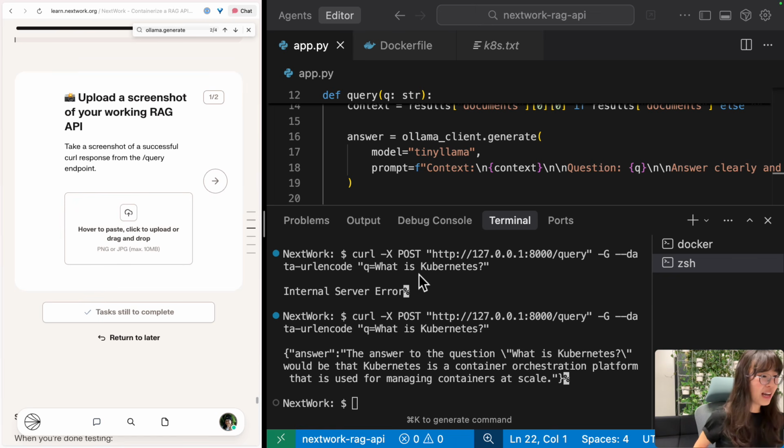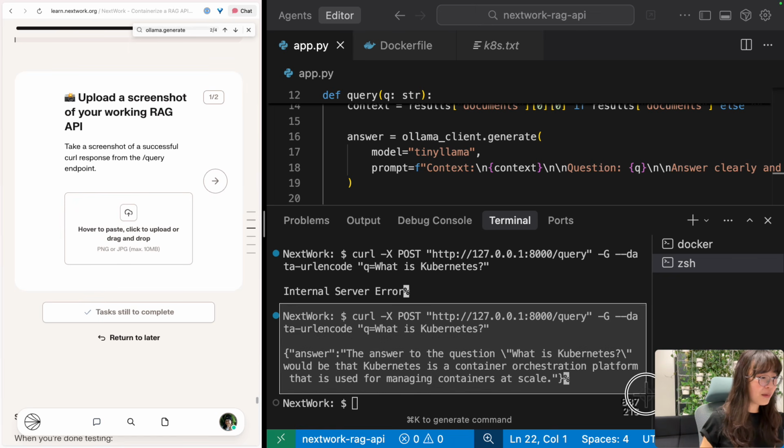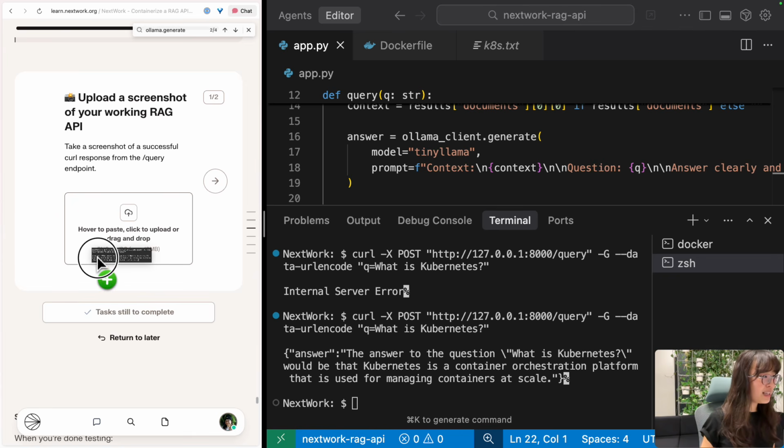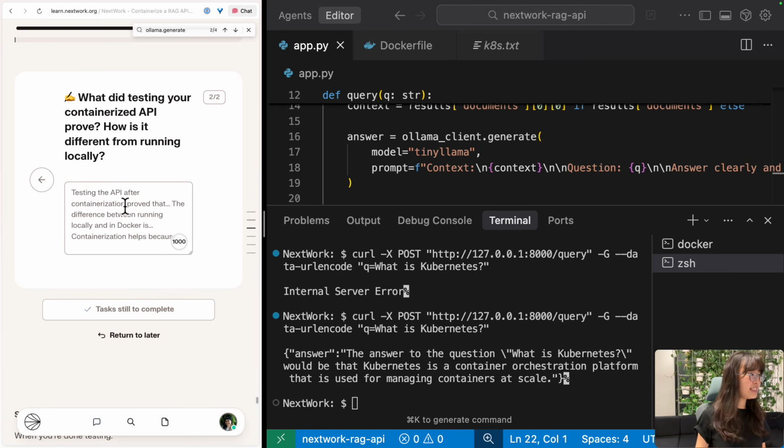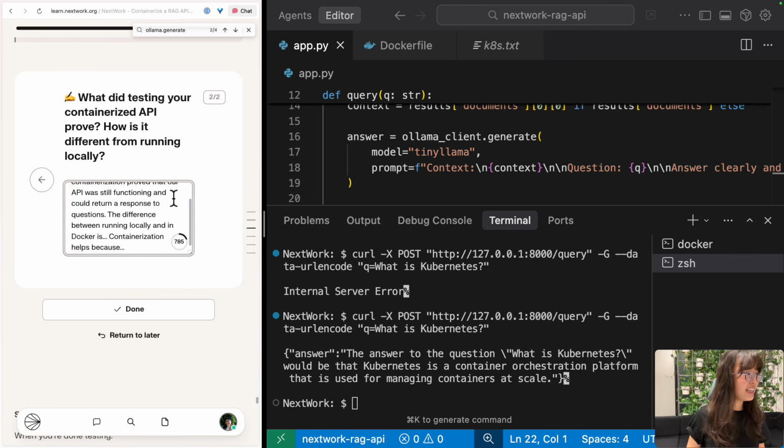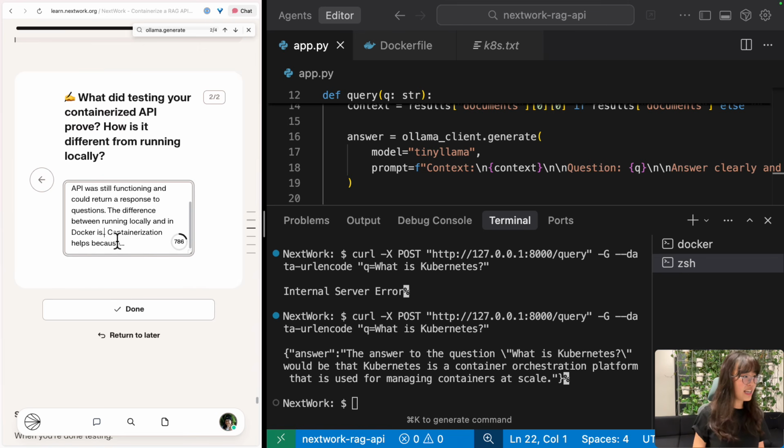So we're going to take a screenshot of that working RAG API. Oh my gosh. Can't believe it finally worked. What a success. So testing the API after containerization proved that our API was still functioning and could return a response to the same questions. The difference between running locally and in Docker is, I think, let's talk about port mapping a little in this answer actually,